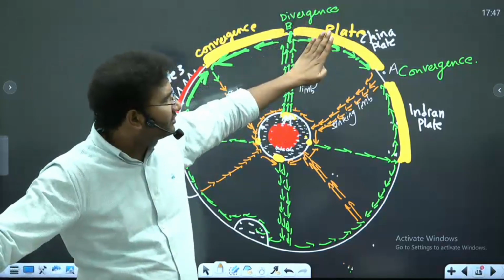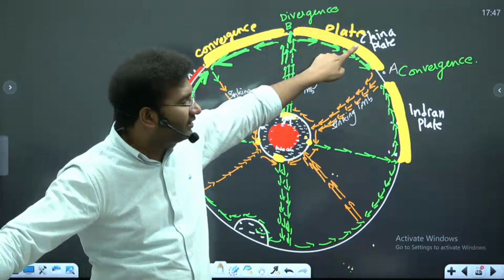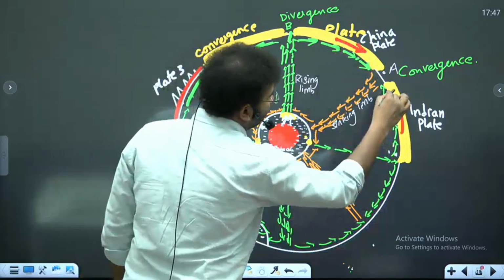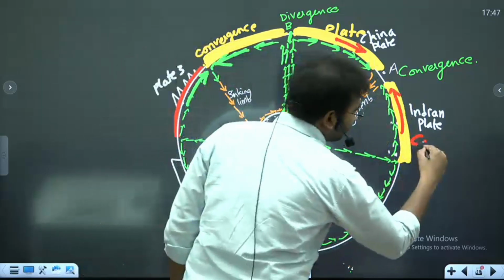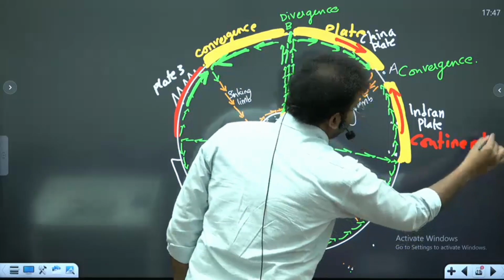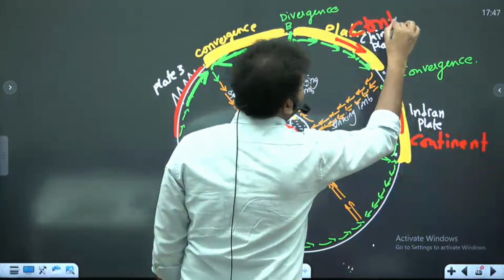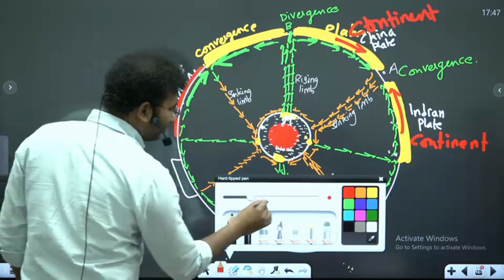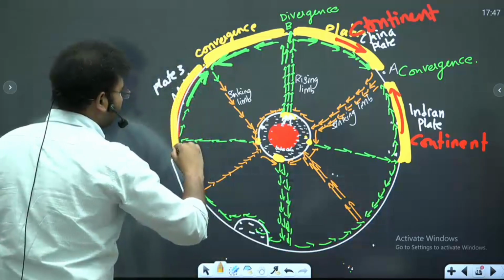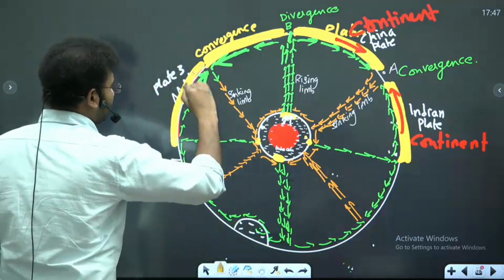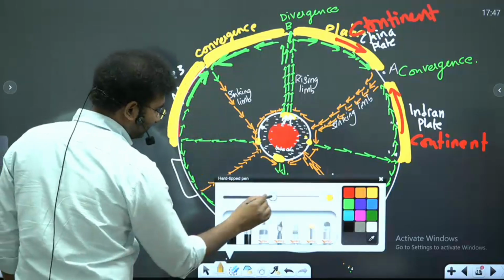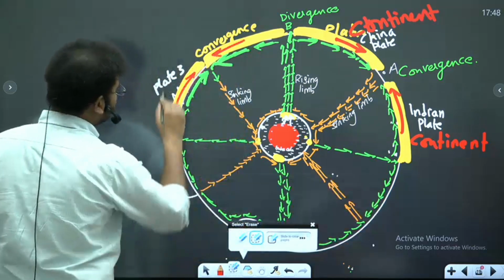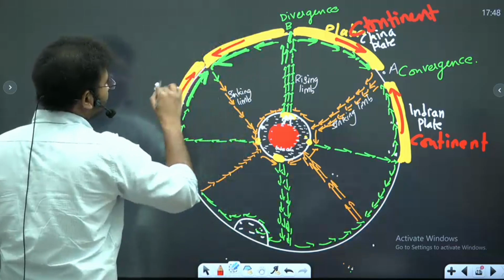Now, suppose you see a plate, the Chinese plate. This is one plate. The directional movement of this plate is one. It is pushing against each other. Imagine this is a continent, and also imagine this is also a continent. Right? Let's also look here. Is this diverging or converging? Converging. Now, suppose let's imagine that one of these plates here is ocean,